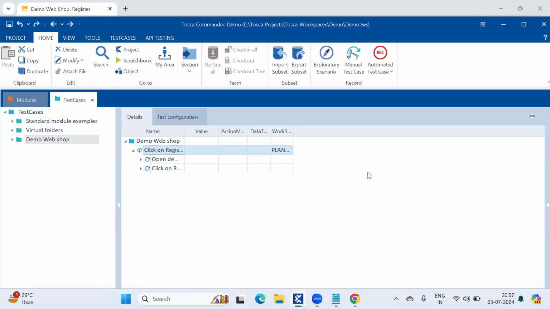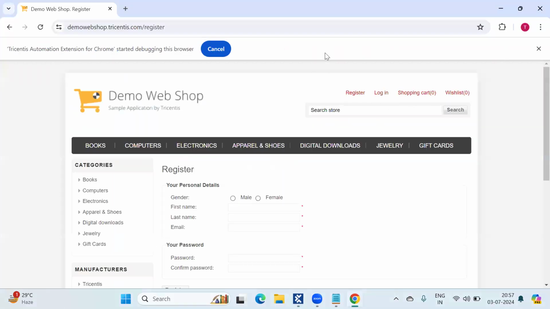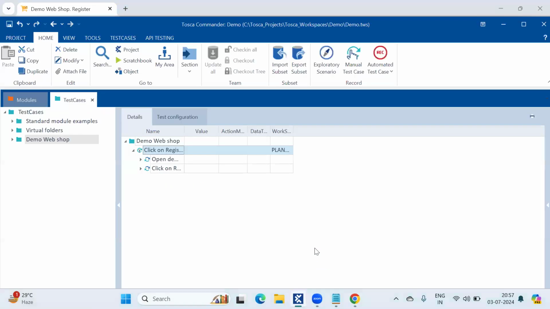We need to know about other automation, I mean automating desktop and mainframe applications as well, right? Yes. But most of the companies are working only on web applications, very few on the others. So we request you to provide a demo or a 2-day workshop on mainframe and mobile applications. That would be good for us. Yes, sure, definitely. Ma'am, one question: we also need integration of Jenkins with Tosca and integration of Jira with Tosca.